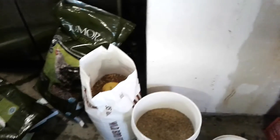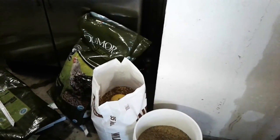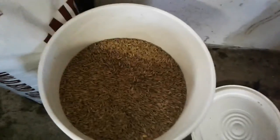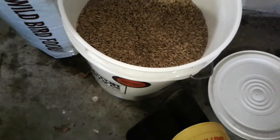Alright guys, so here's what I do whenever I'm feeding my chickens. I've got 8 chickens and I feed them 3 different things. So this first thing right here is oats. So I got these oats from Tractor Supply, and I guess I put about